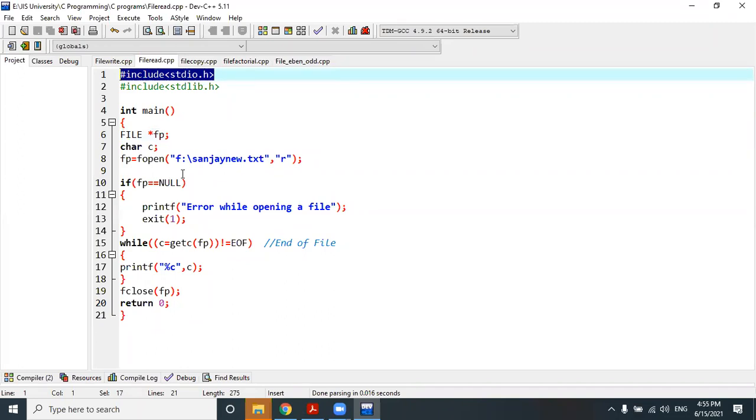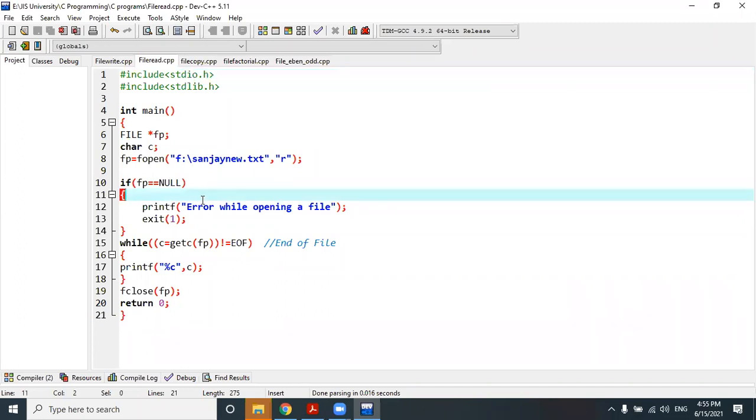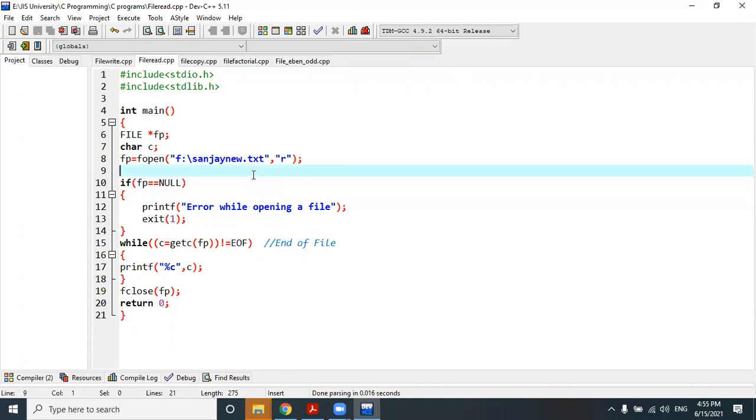I think I have written the full stop. Last line. If the file is unable to open, this time file is small, f-i-l-e. Okay. This time file is small, but this time it will represent this file, Sanjay New. Okay. If the file is unable to open, it returns NULL.